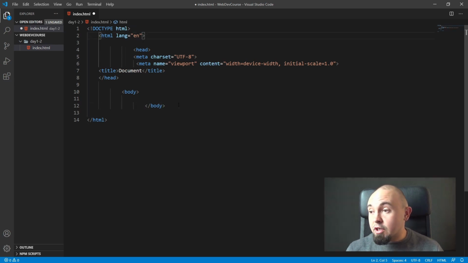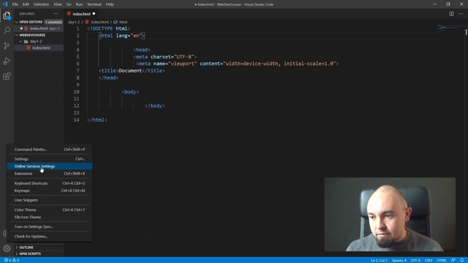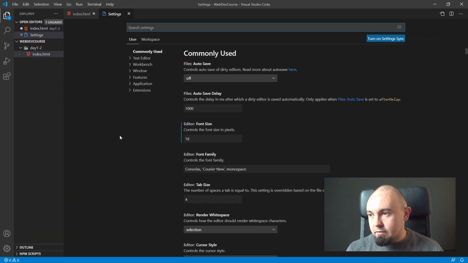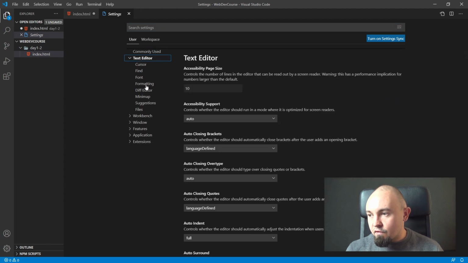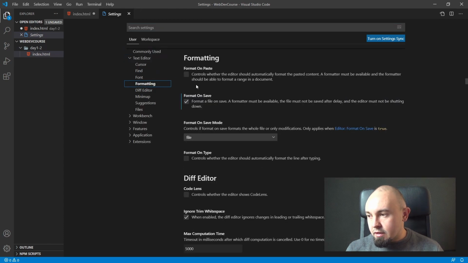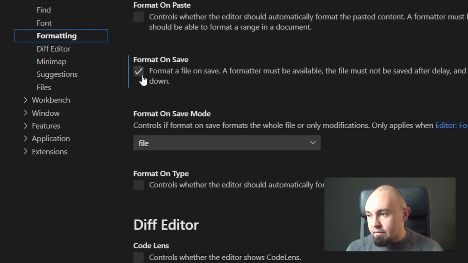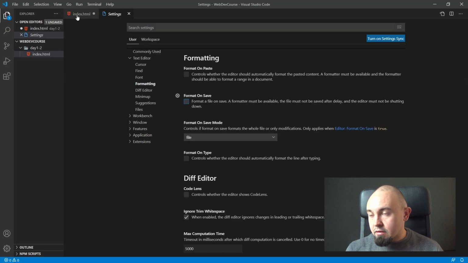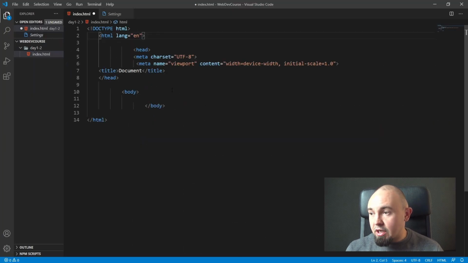Make sure you have correct setting checked. Go to Manage, Settings, Text Editor, Formatting, and Format on Save. This should be checked right here, because if not, if we go to our index.html file